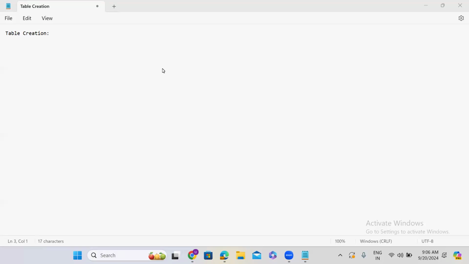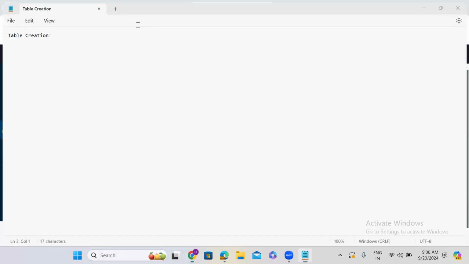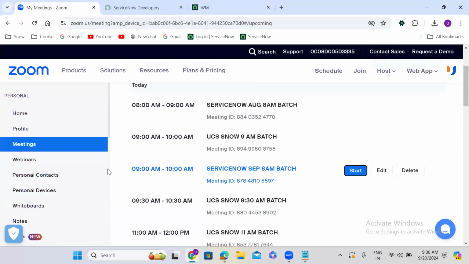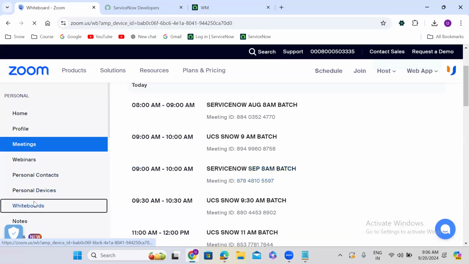A database is a collection of tables. I'll show you. If you go to the whiteboard here,